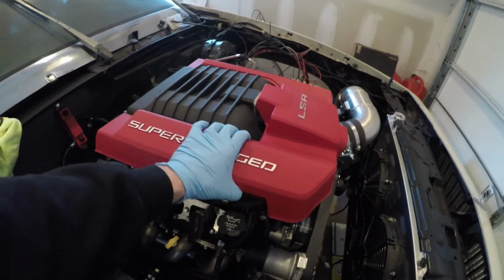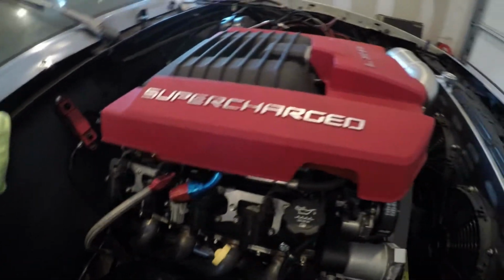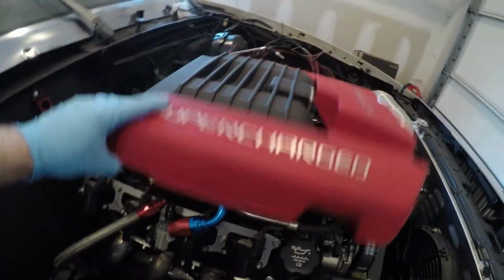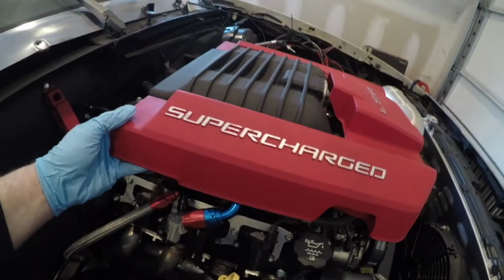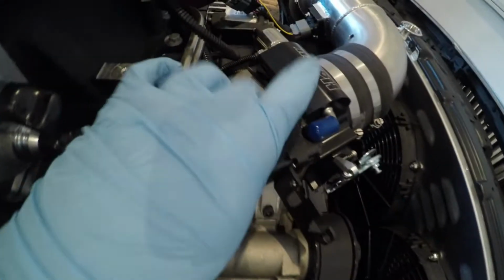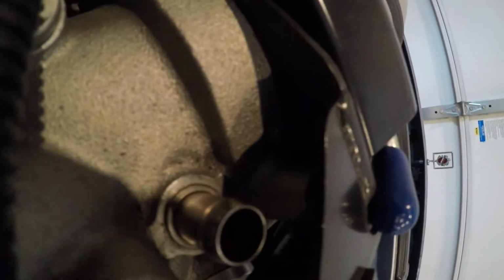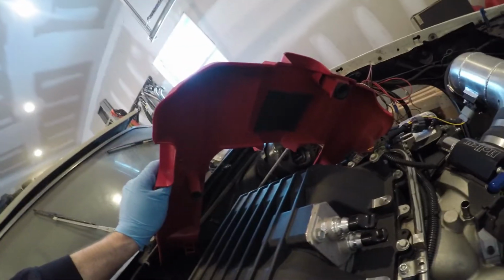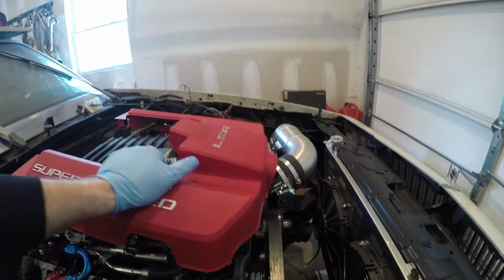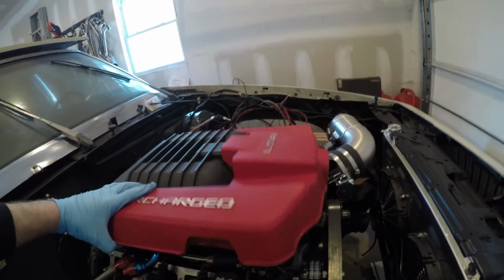Now, the issue I'm having here, when you lay it down, I've got a few things that it's covering up, i.e. the regulator. So what I think I may do is just end up cutting around this to fit. So I'll probably just bore a hole in it. But one of the things I don't have, and it's blocking it here on the throttle body, is the last stud that goes in here. My middle finger's on it right here, but you can't really see it. It's like under there. It's like a front boss there that holds that. Now what I'm probably going to end up doing is raise this up a little bit just to kind of cover it up, or I may just cut it down. It fits everywhere